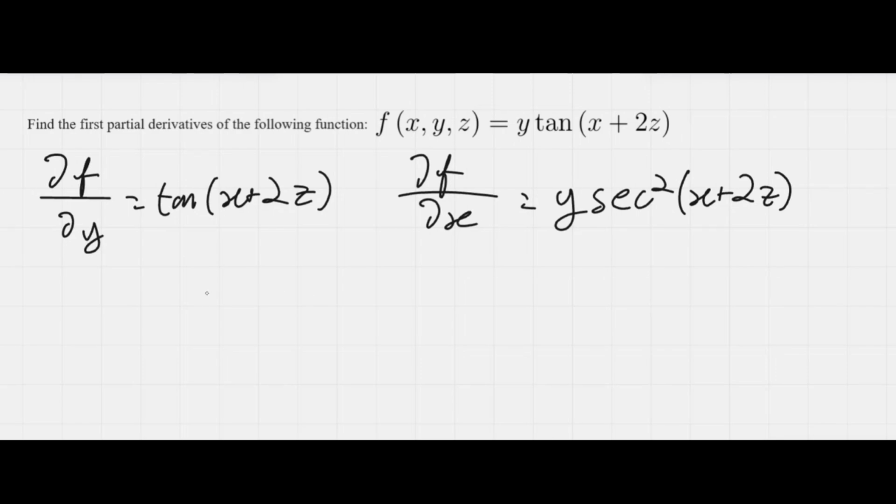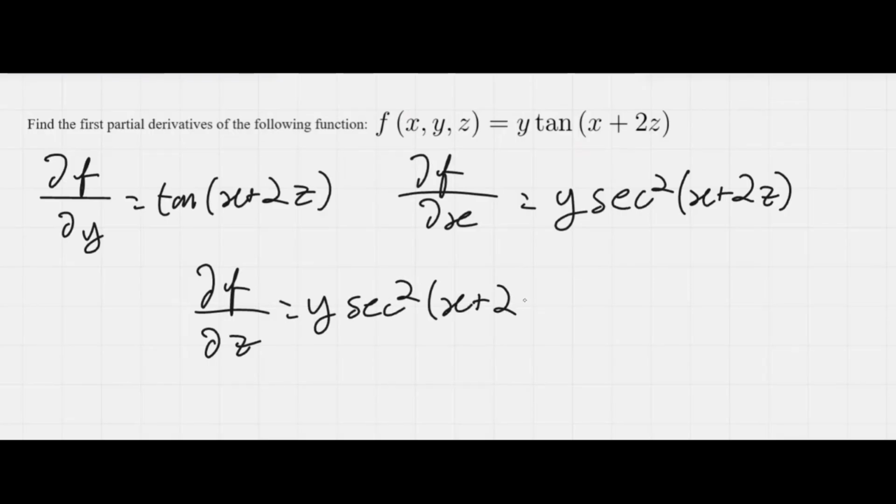Finally, for z, the partial derivative of f with respect to z, again, we're treating y as a constant. The derivative of tan is going to be secant squared. So we're left with y secant squared x plus 2z, much like the previous one, except this time now we have to derive x plus 2z